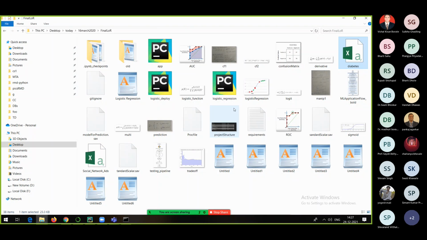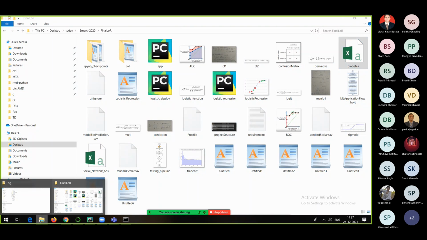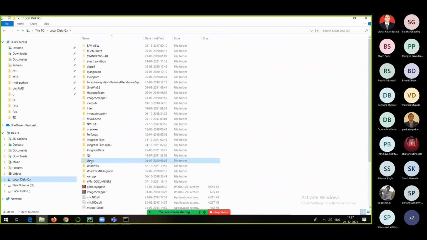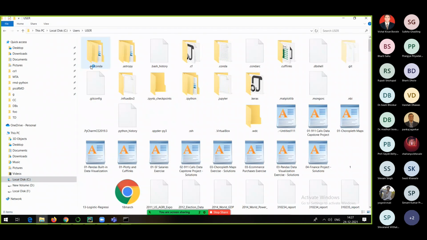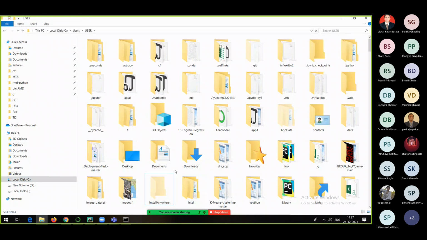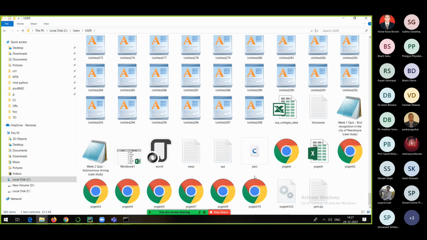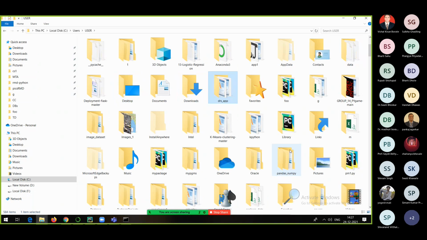So I will go to C user, and let me see if it is present already. No problem at all. So the diabetes.csv file is copied. Let me open that and show you.